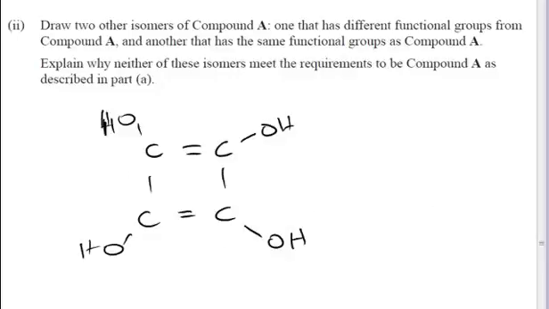Okay, now with this structure we've put 2 double bonds in there, so this is a third possibility, I suppose, but if we were to react that with dilute sulfuric acid, it wouldn't produce the right formula for compound A, I think it's C4H6O5. So if we were to react that with H2SO4,